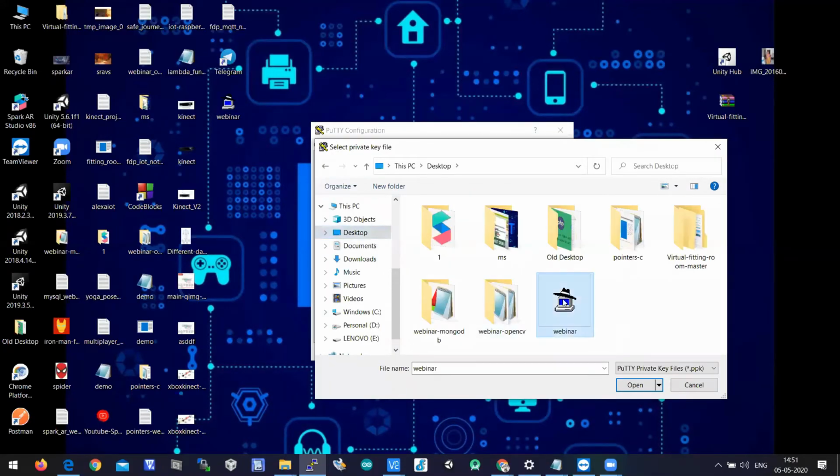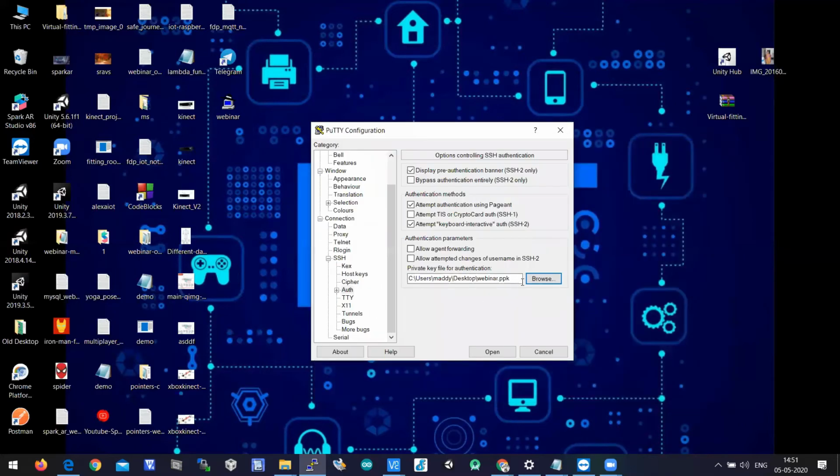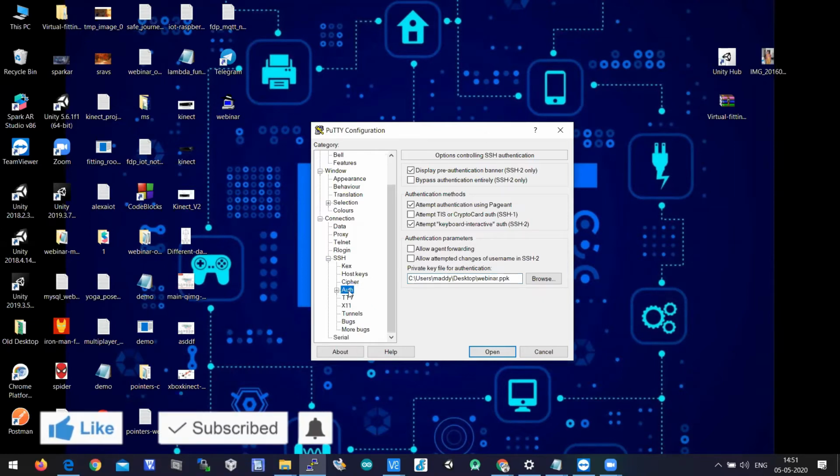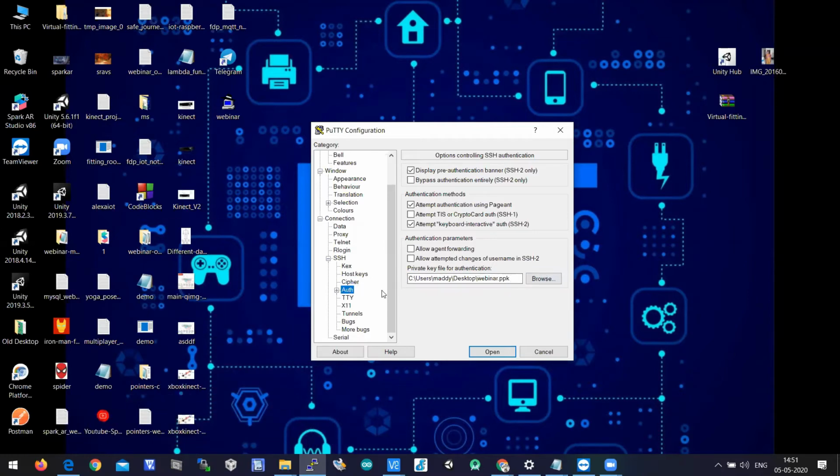On the Desktop, there is my webinar PPK file, and I have selected the path. The PPK file path is given there. You can see this option only when you click on Authentication, where you can browse your PPK file.